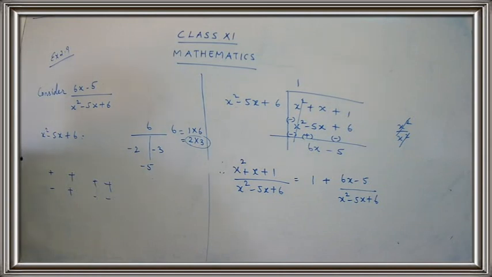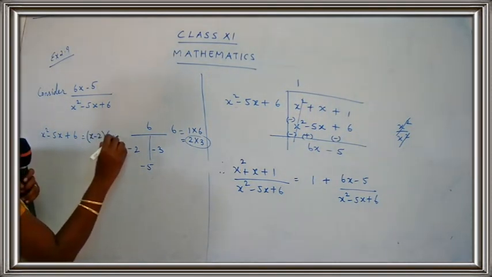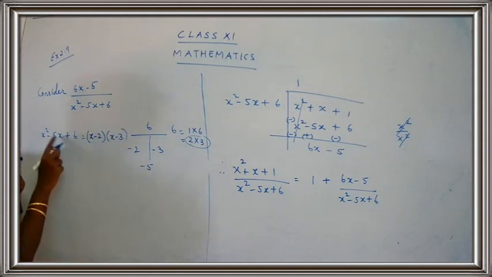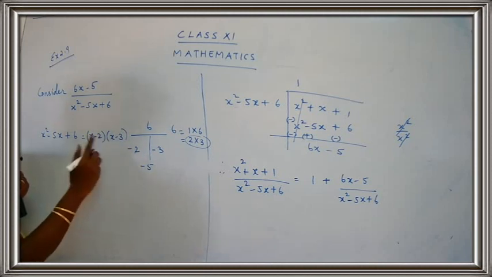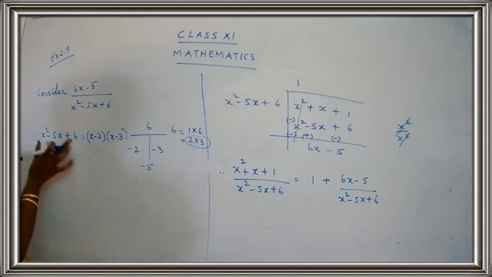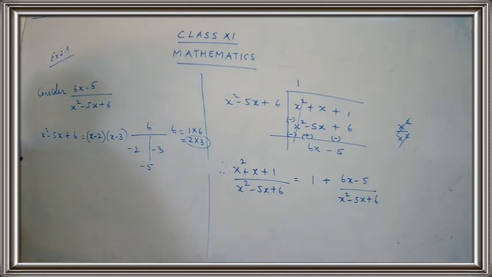Okay, children? Now let us write the factors directly. So this is equal to x minus 2, x minus 3. I am just going to write the variable. What is the variable used here? This is x here. So just write down x minus 2, x minus 3. That's all. So I have factorized x square minus 5x plus 6. I got the answer as x minus 2 into x minus 3. Just do the T method, children. Show the calculation.